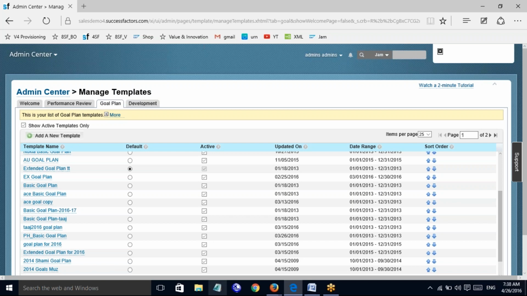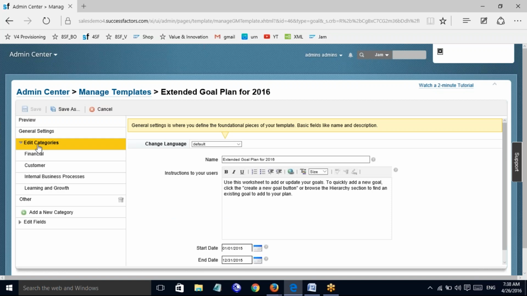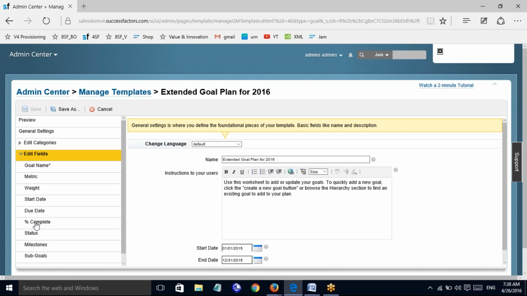That is what is strictly recommended. But for example, when I click on the extended goal plan template, you see there are general settings, categories with multiple, and you can see the fields, and you must think about where these fields are coming from. For every configuration, any screen, any table you see, you can call the screen a table as well, every table you see in the system is directly coming from your XML configurations.